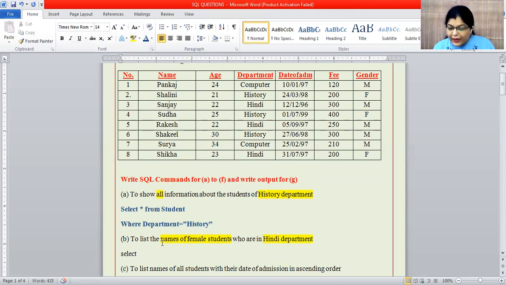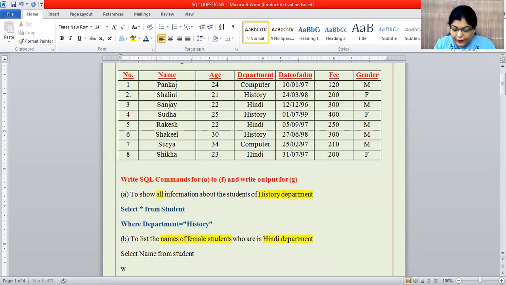Here they are not asking for all the information, so we will not put star. They want only the names of female students, so in the question they only want name. We will write only name: select name from student where.